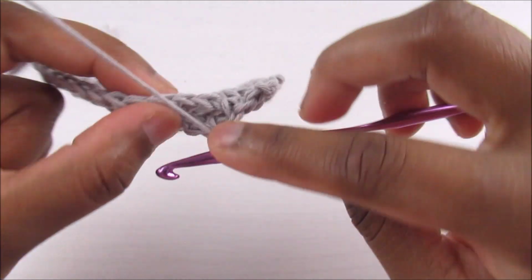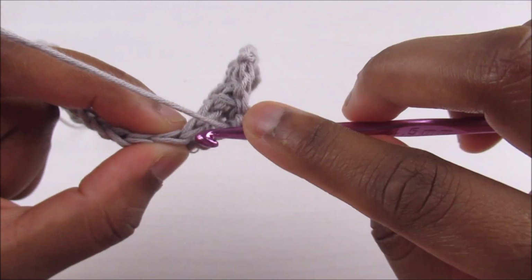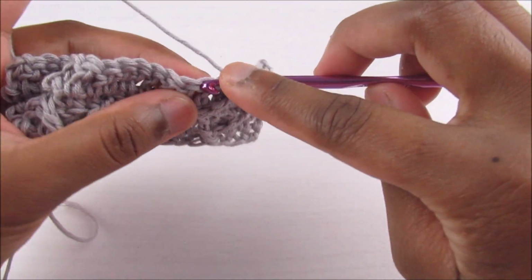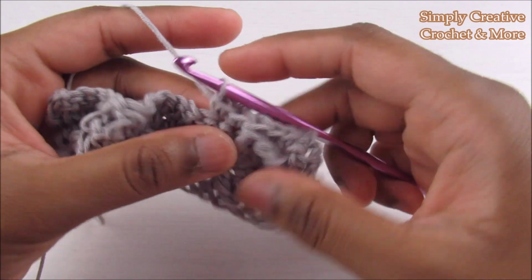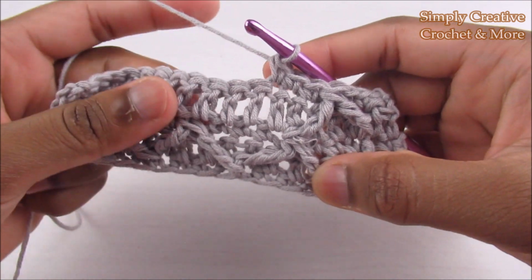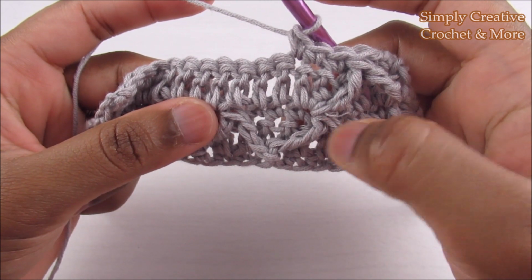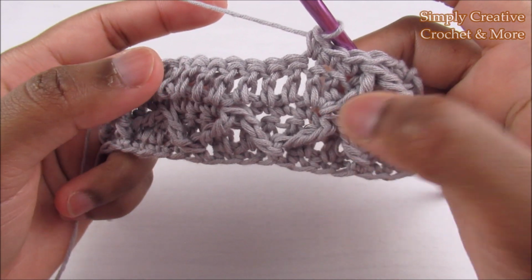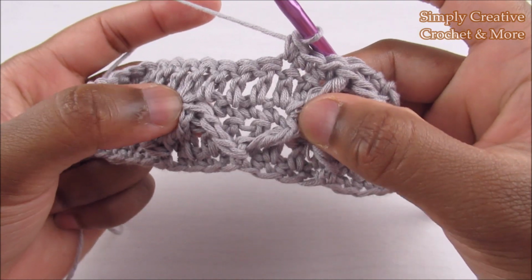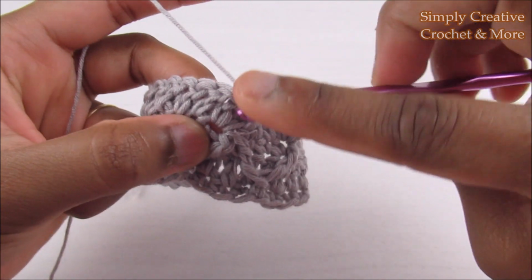And now skip the stitch behind these 2 together, so this one, and go into the next and do the single crochet, 1, the next one, 2, the next 3. And now again, after the 3 single crochet, you should be here doing 2 triple crochet again together, going through the last one, this one, and then going into the next, this one. So these 2 bits you're going to work and do 2 triple crochet together. So yarn over twice and go there,